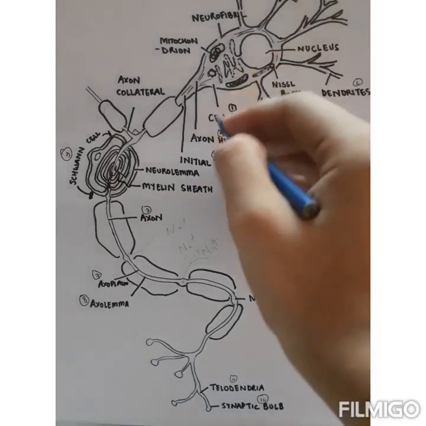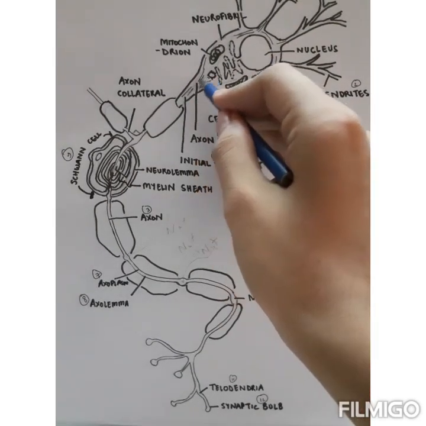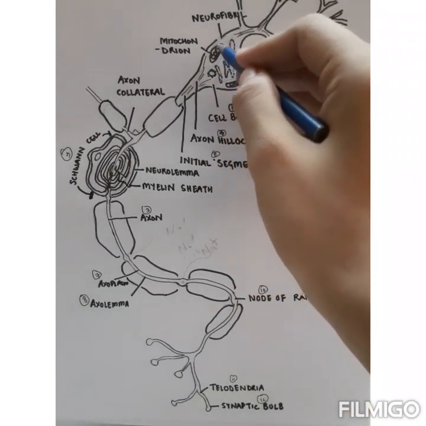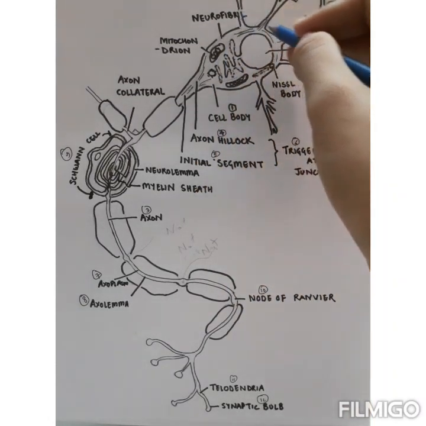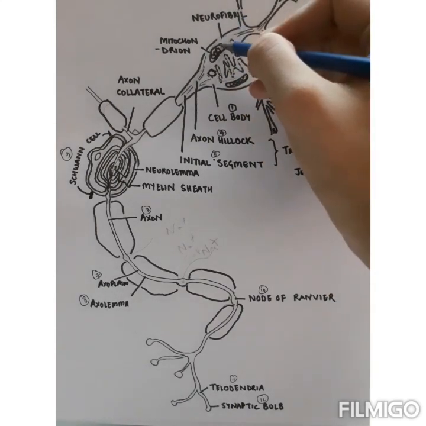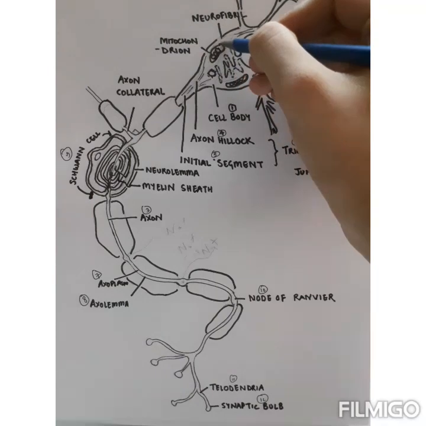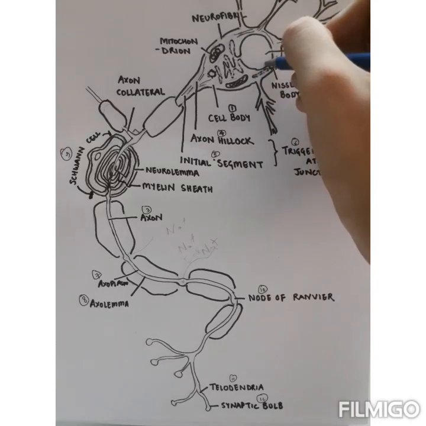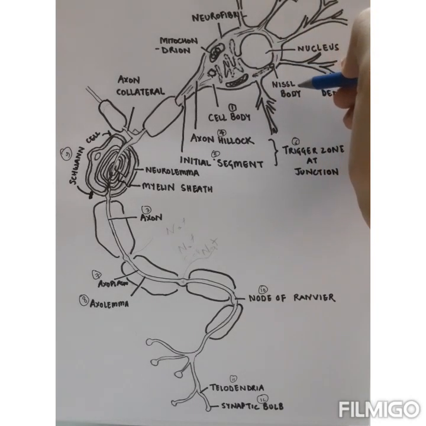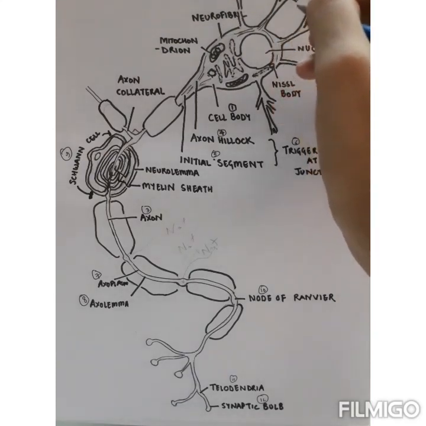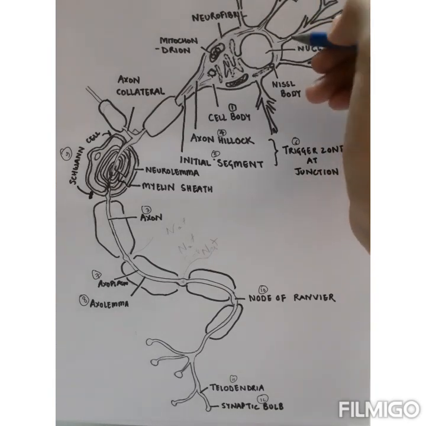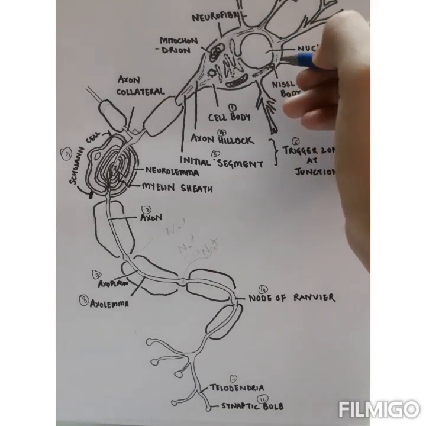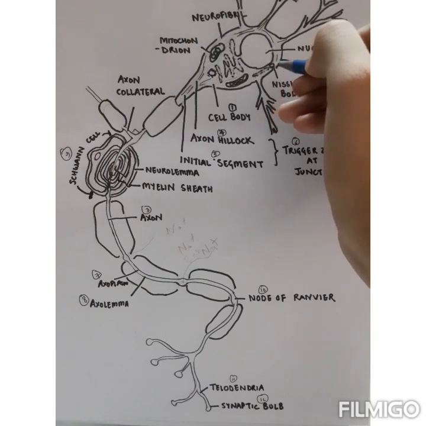To begin with, this portion filled with cytoplasm, organelles and cytoskeletal elements is called the cell body. The cell organelles included in the cell body are the mitochondria, rough endoplasmic reticulum, nucleus, and this Nissl body. We haven't heard of Nissl body a lot before because it is particularly found in neurons. This is a combination of free ribosomes plus the rough endoplasmic reticulum.